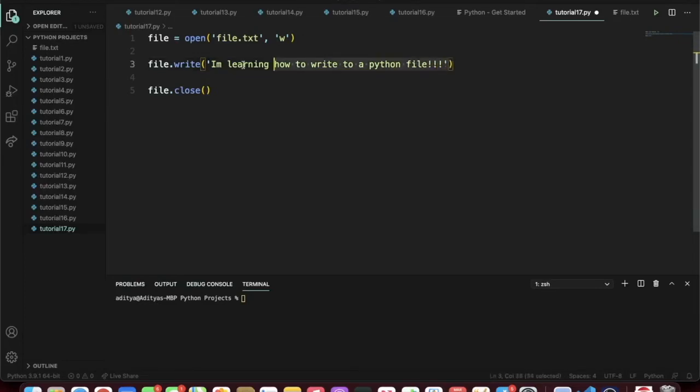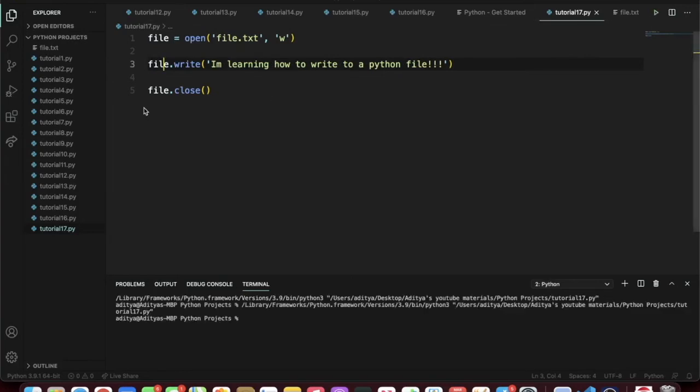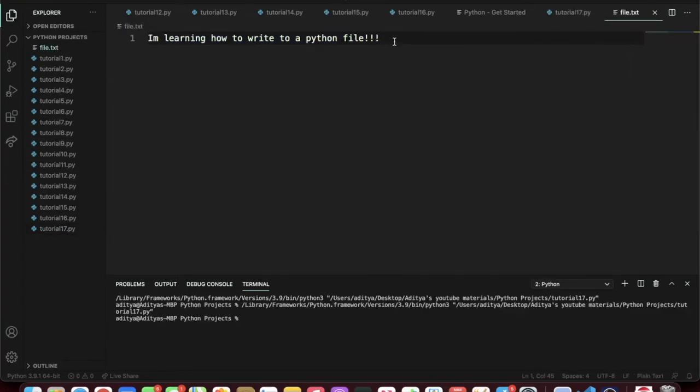So basically this is going to write this inside the file.txt. So if we save this and then we run it, let's just give it a second. When we go to file.txt, it says, I'm learning how to write to a Python file. You guys are probably wondering, why did it clear the previous characters and words inside this file? So I will teach you how to write to a Python file in a different video without deleting the stuff inside the file already. But now I'm just going to show you how to write multiple lines inside this file